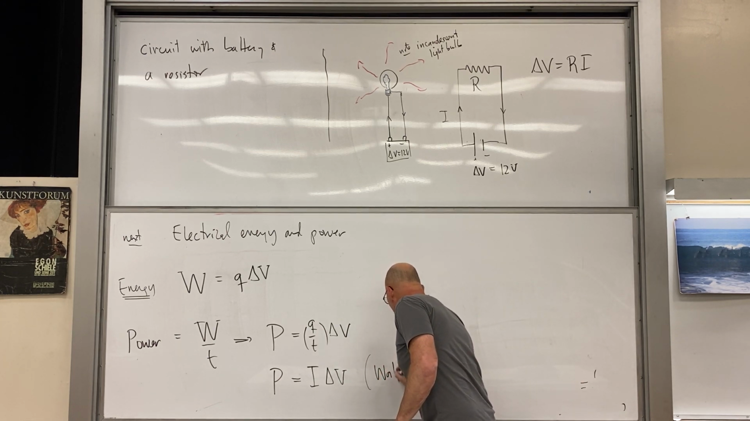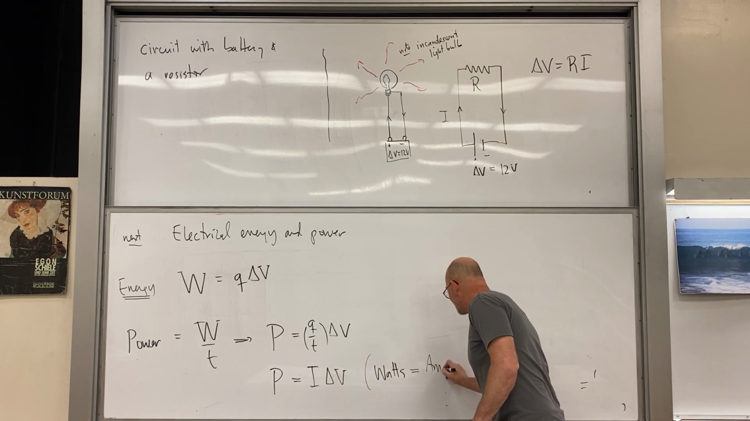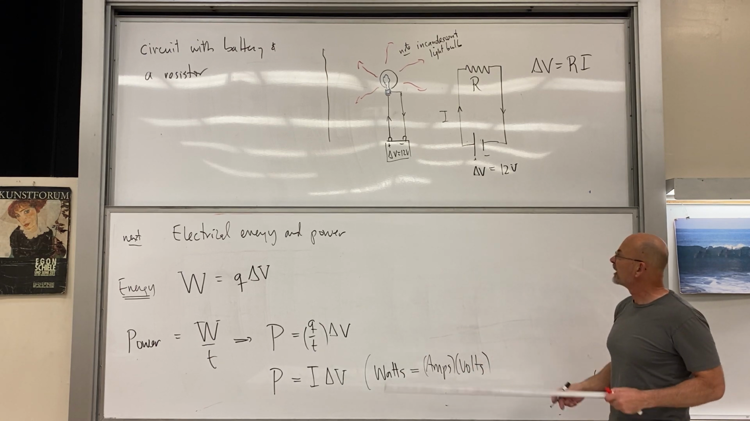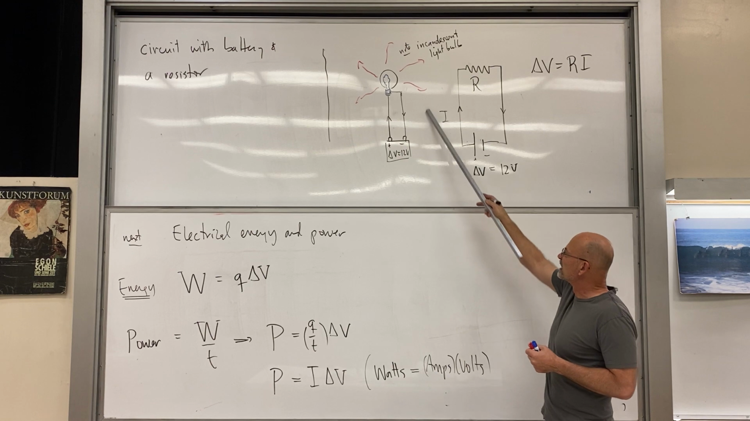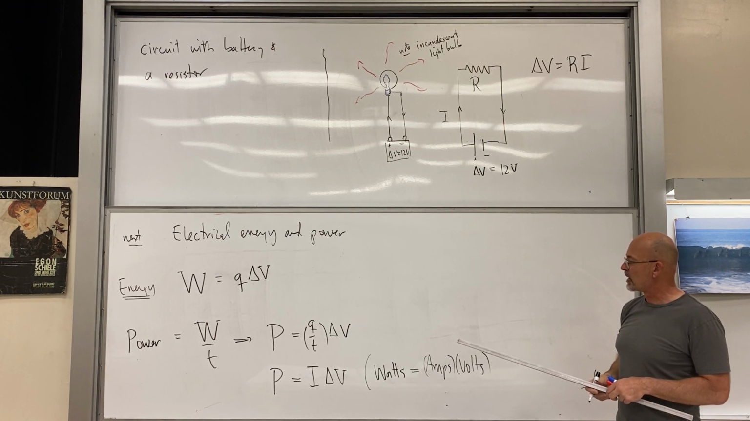Watts equals amps times volts. And now we can go ahead and analyze a circuit like this completely. Okay. Once we have this power formula,